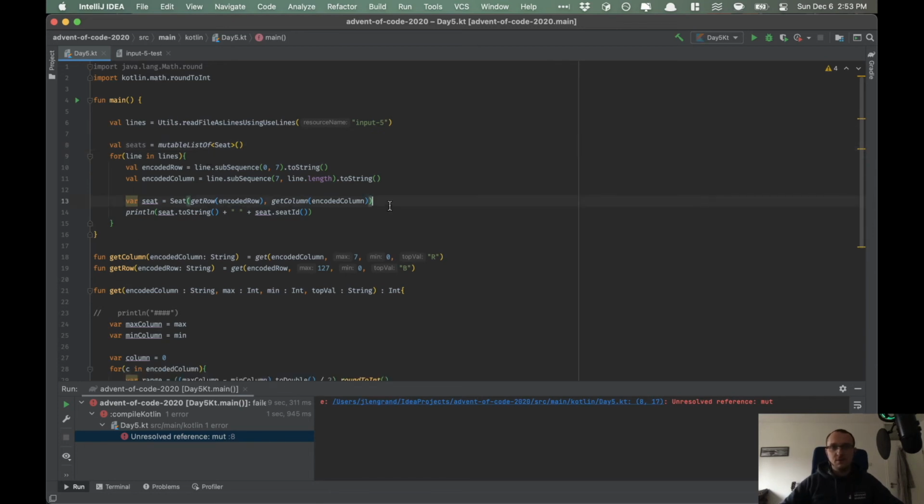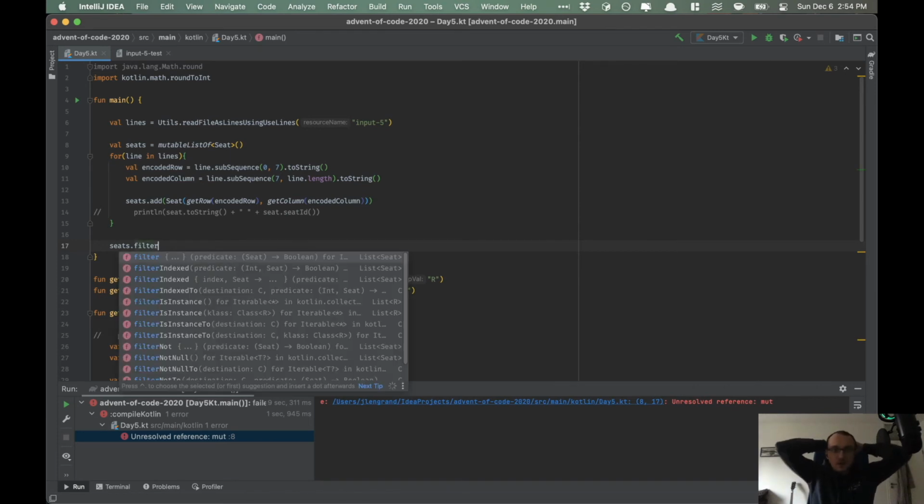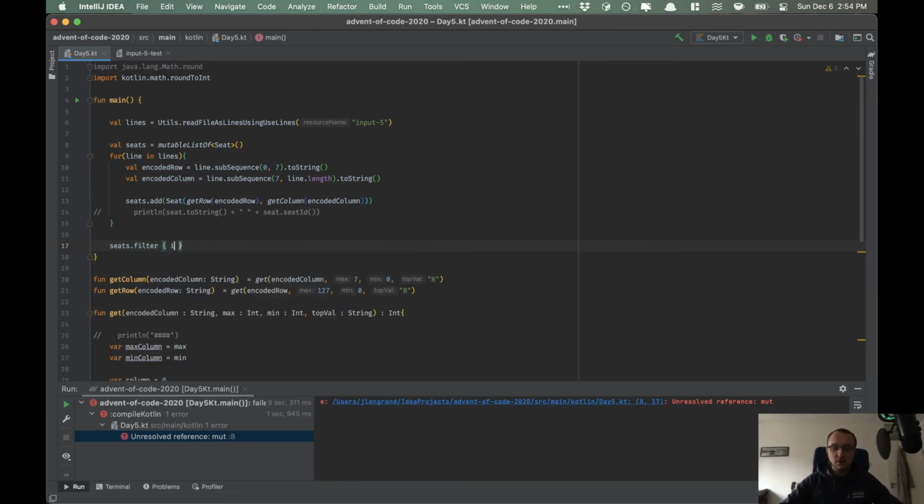So I want seats.add this guy every time, and then what I'm going to do is seats.filter. I completely lost integration. No, it's back. Hallelujah. Okay, for each seat,